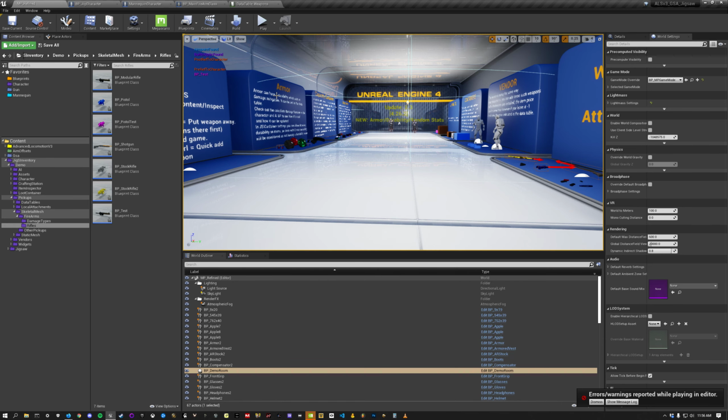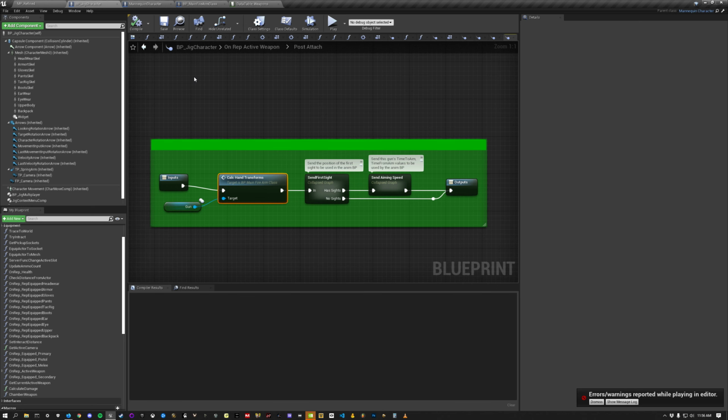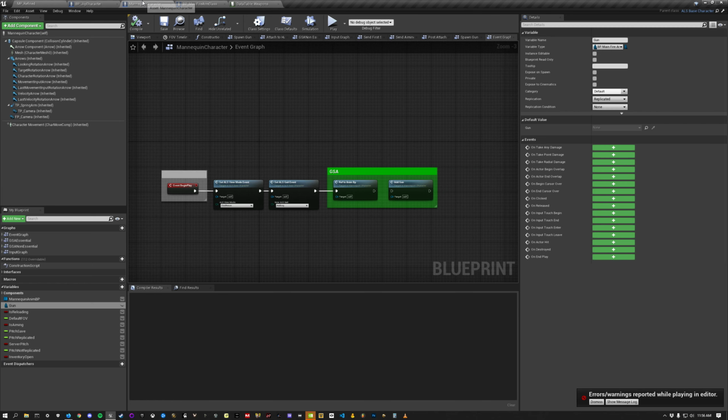So here's how I have everything set up. We have our Jigsaw character, which is a child of the mannequin character from ALS. Within ALS, that's where I have my gun sight aligner. The main thing there is this variable gun. It started out as a class that comes with gun sight aligner. I changed it to the main firearm class, and I copied everything that was in the gun sight aligner gun over to the main firearm so that everything would work.